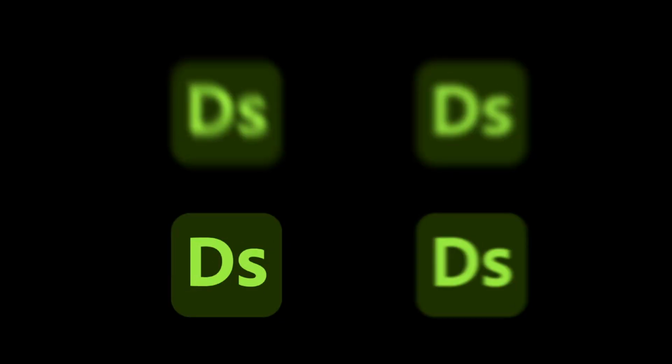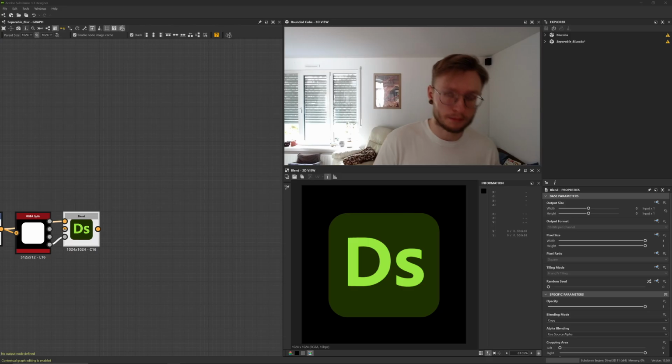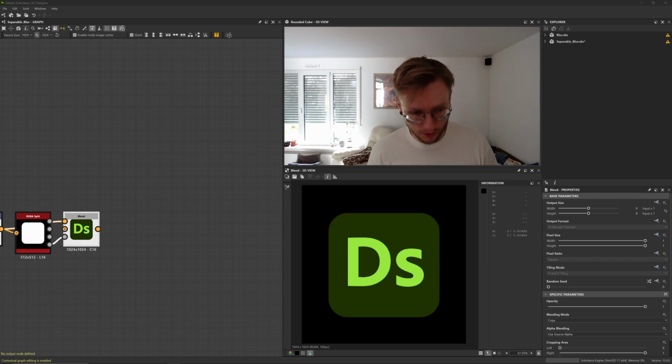So we've seen blurs in all shapes and forms. We know the box blur, we know the blur HQ, we know the anisotropic blur, we know the directional blur, we know blurs all over the place. But today we're going to have a look at how to create your own custom blur inside the pixel processor